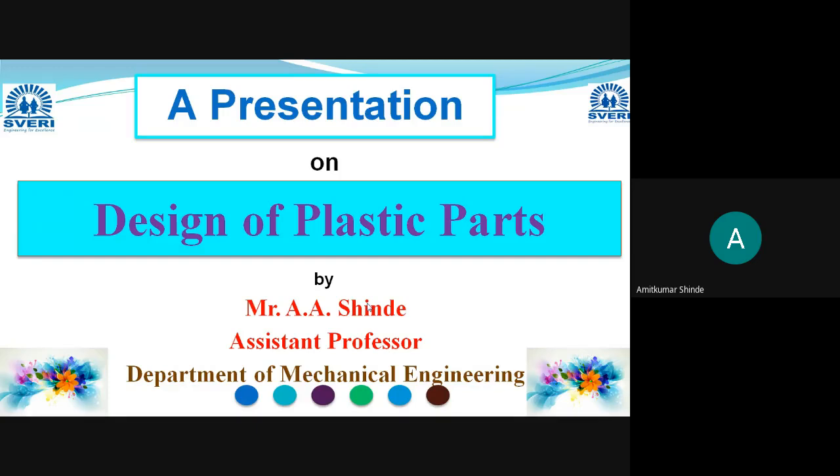There are generally 8 characteristics or 8 points you have to take into consideration, and we are going to discuss those 8 points. But before that, we will go through some necessary points before starting any chapter: the title of the chapter, the central idea of this chapter, the importance, why we are studying this chapter, and what the outcome of this chapter will be. Then I will move towards the first slide of the design of plastic parts.